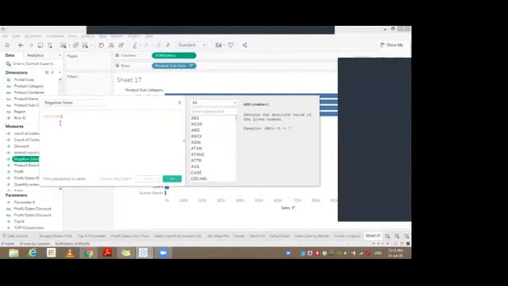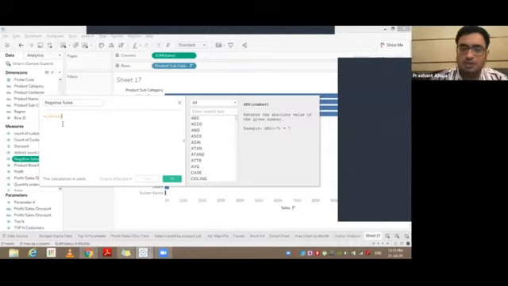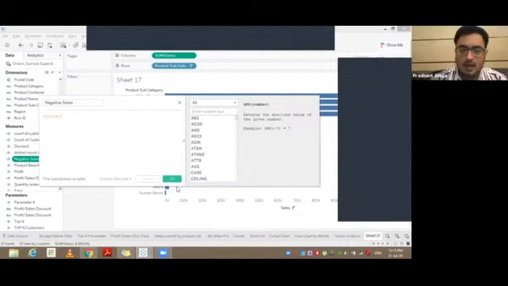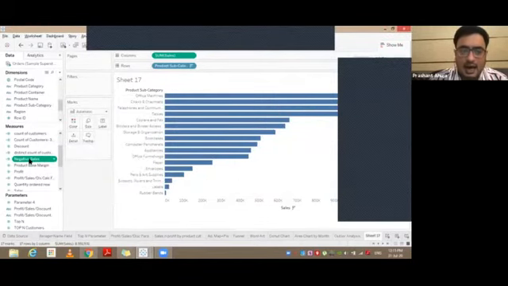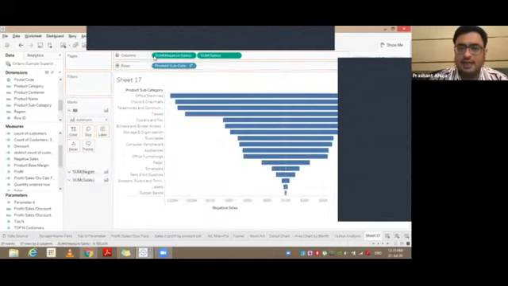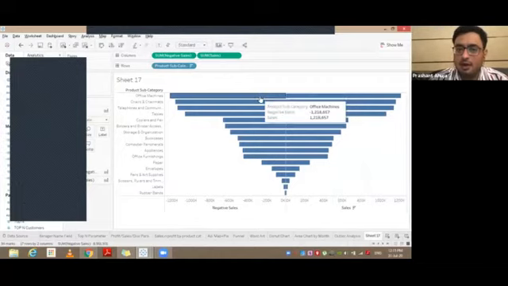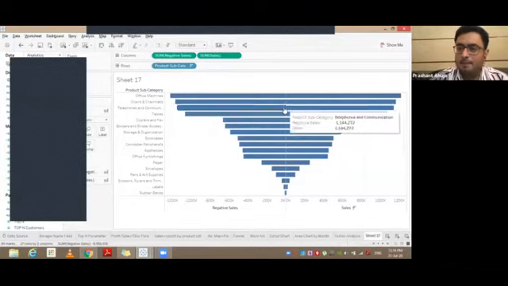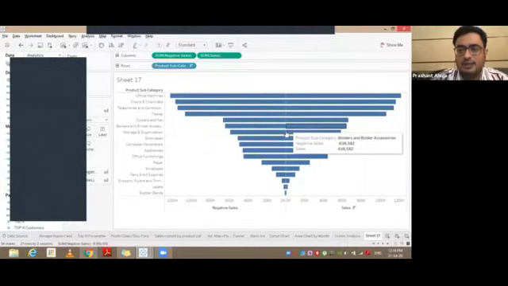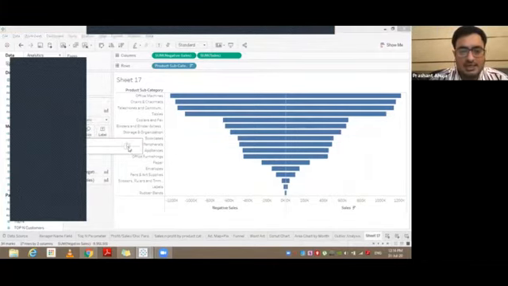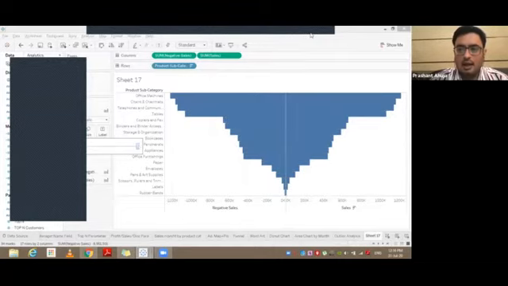So if you see negative sales, Tableau would accept this calculation, and this field is now created, negative sales. We will pick up this negative sales and drag and drop it on the left hand side of this sales. You would see that the chart appears like this now. This is the same representation on the left hand and the right hand side, but it is just a very fancy way of representing something like a drill down method of sales. What I will do is go to size, and increase the size a little bit so that the gaps in between the bars go away.